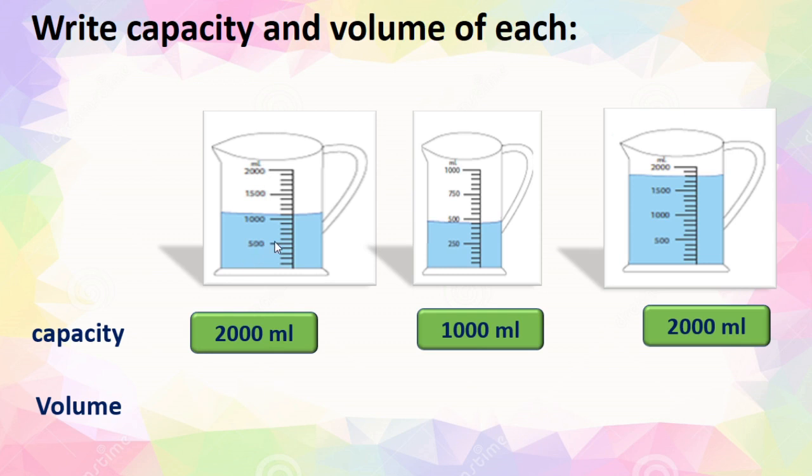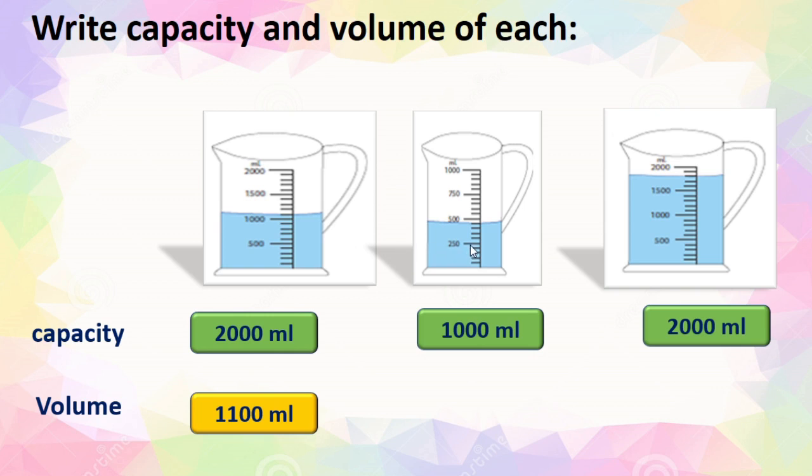You know the meaning of volume. The amount of liquid, that is nothing but the volume. Here we can see the blue colored liquid up to, see here, this is 500, this is 1000 and one more part, isn't it? So that is 1100 ml. How do you read the scale? After a centimeter, one part means 1 millimeter, right? Like that only here. This is 1000. Okay, 1000 milliliter and one more means 1100 milliliter.